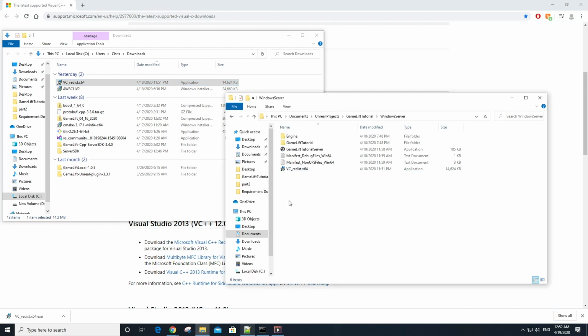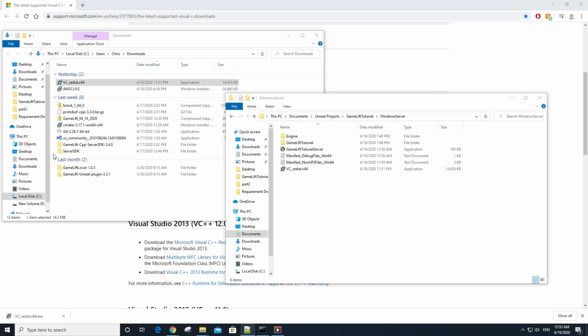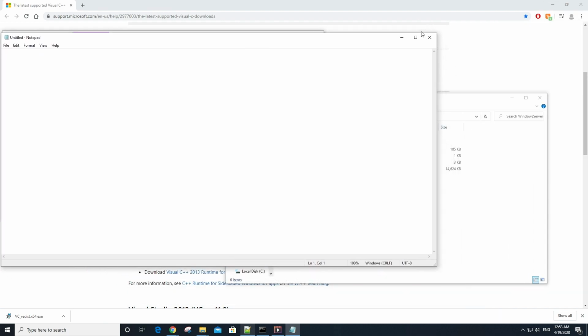The other file we need for our packaged server build is the install.bat file, which will get run when the fleet initializes so that each instance on that fleet has the necessary programs installed in order to run our game server. So let's open up Notepad and let's start typing out vc_redist.x64.exe /q, and then on the next line let's type out